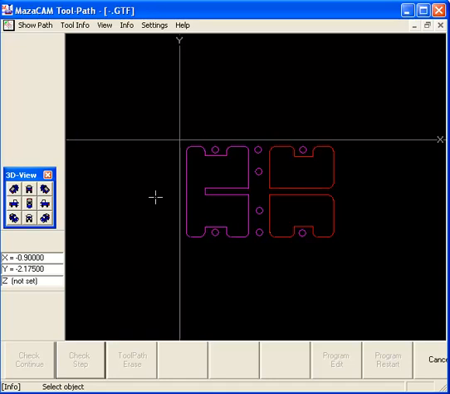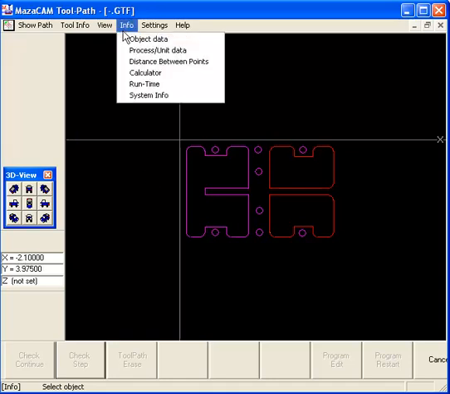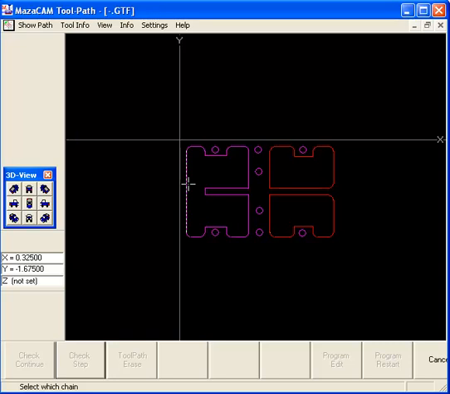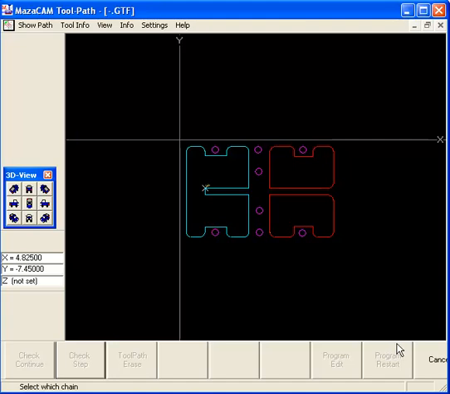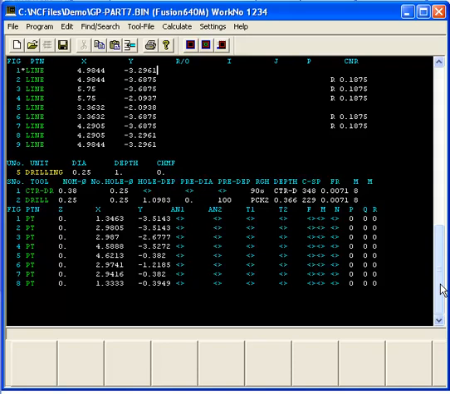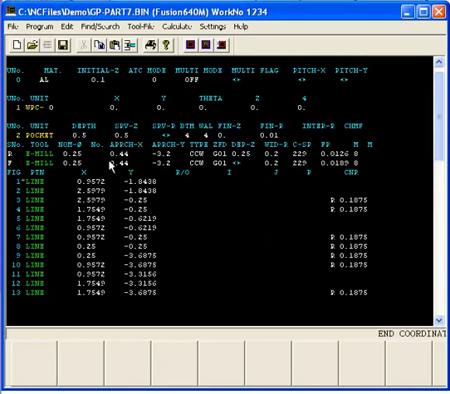And so by this method, let's say, what process is this done with? It's done with cut number 1 and cut number 2 on that 1/4" end mill. Process number 2. So if we were to go back to program edit, process number 2 is going to be this one right here. That's where that shape and that toolpath came from. So there's quite a lot of handy features over and above what the Mazak does, but we make it look fairly much like the Mazak itself does.